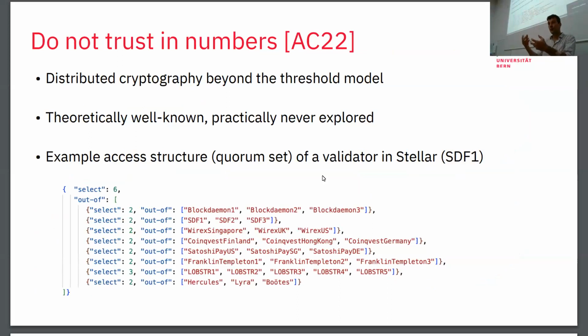And now what we are doing in this research work, and the exact reference shows up at the back of the slides, and I'm going to make sure that you can see the slides later as well in some other form, is we want to do distributed cryptography beyond the threshold. We want to have digital signatures beyond this, and we're wondering how efficient is it? Is it horribly inefficient, or is it just a bit more expensive than ordinary threshold-type distributed cryptography? So in practice, it's never been explored.